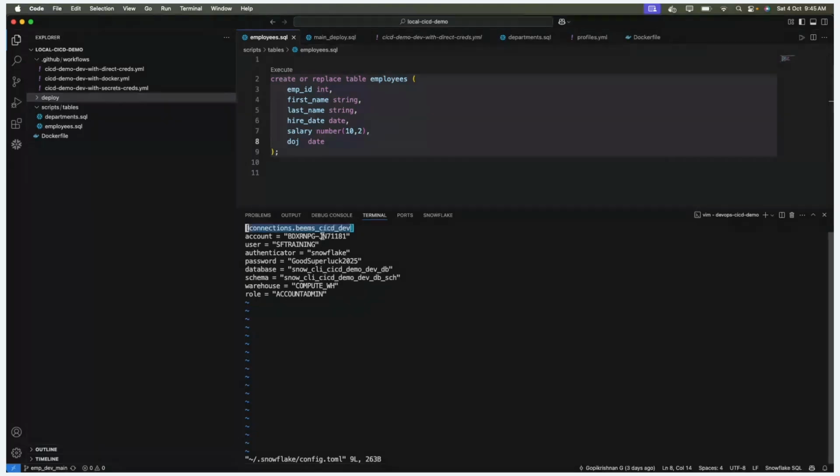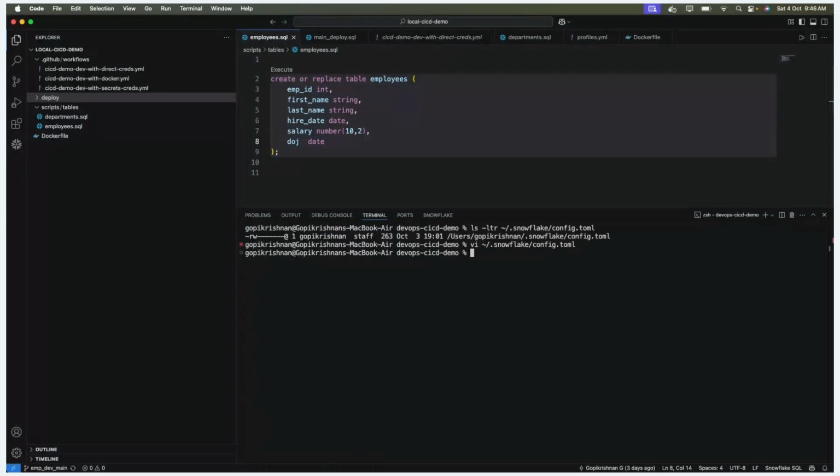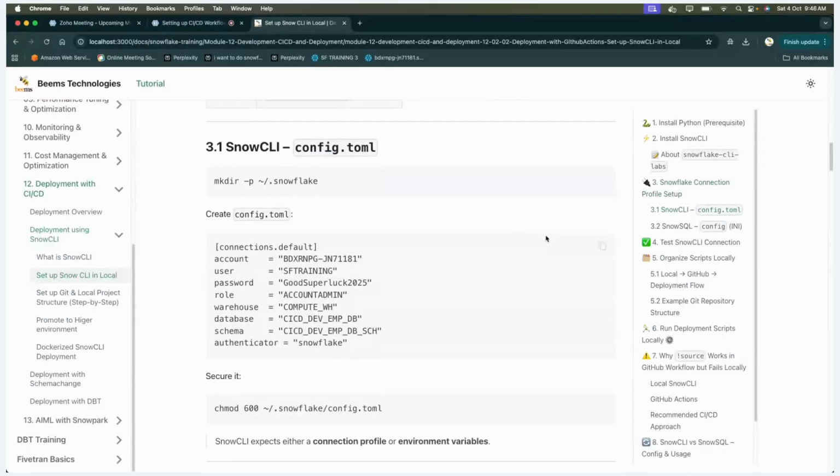I'm giving this profile name. This is not a default profile. This is for testing. I have created Beams CI/CD dev. So this is the profile name. This is the environment name. I have said this is the connection name. So now we have prepared this config.toml, and once it is done,